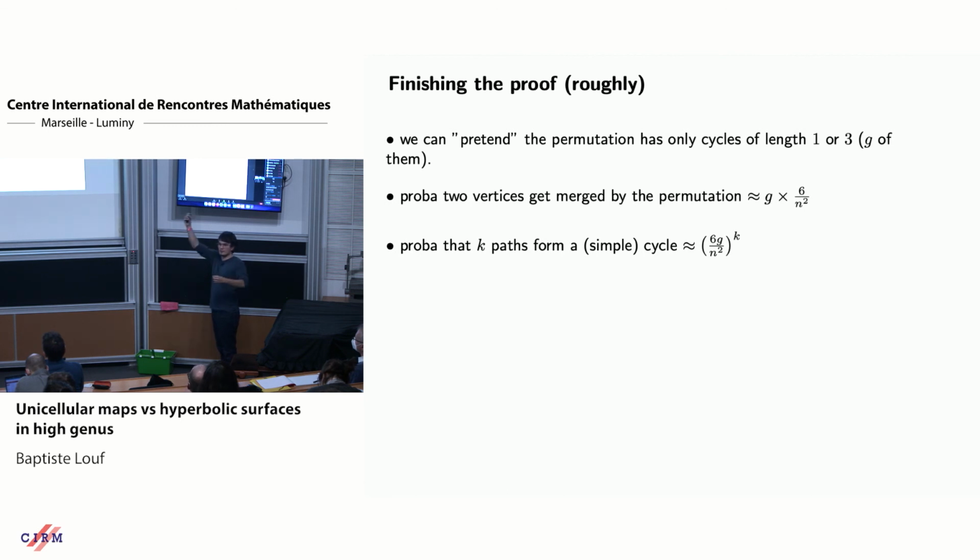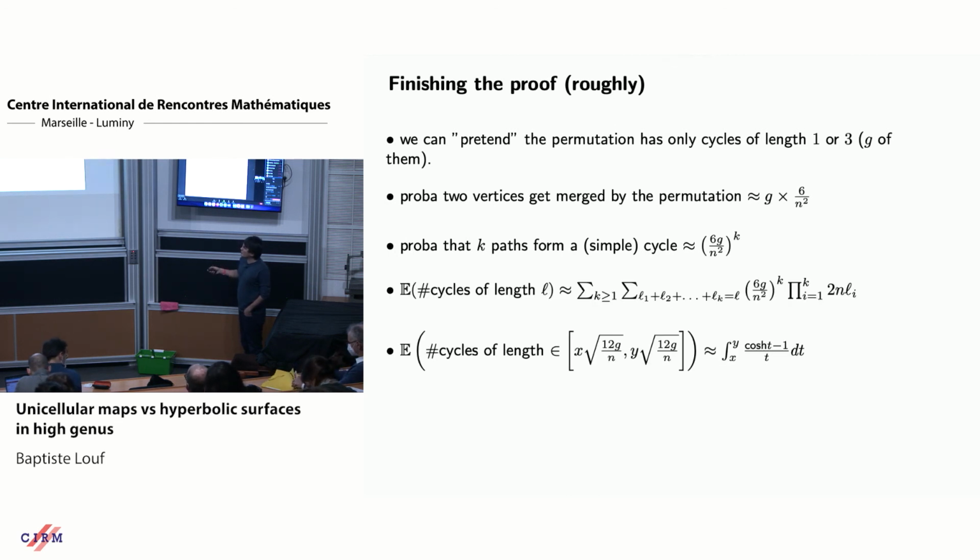So now if you have a list of k paths and you have the endpoints, you have k mergings to make. It gives you roughly this thing. It's not exactly independent. I'm doing as if it's independent because we have enough moments to pretend it works. But roughly speaking, the idea is this, and then you just need to sum. Like the expectation of the cycles of length L. Your cycle of length L in the tree is going to decompose into a certain number of paths. This is k. And then you sum over all the possible lengths that sum to L of the probability that it works times